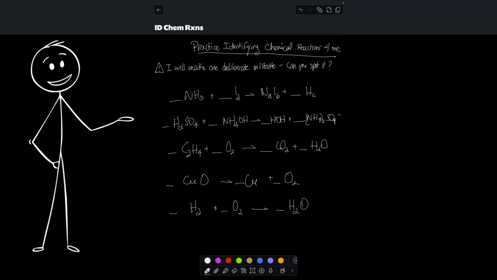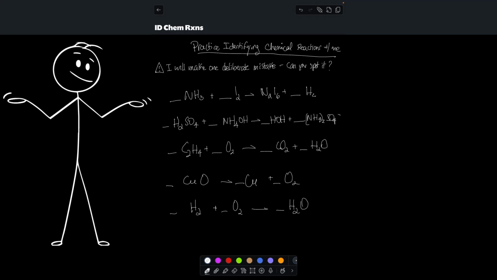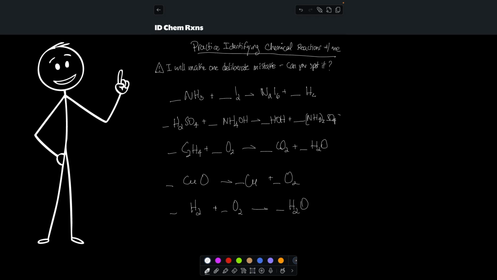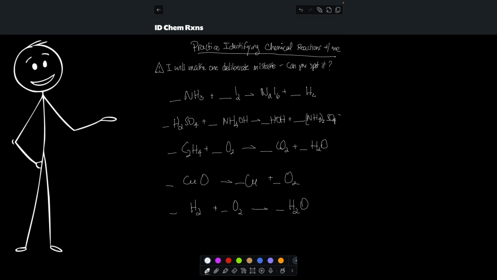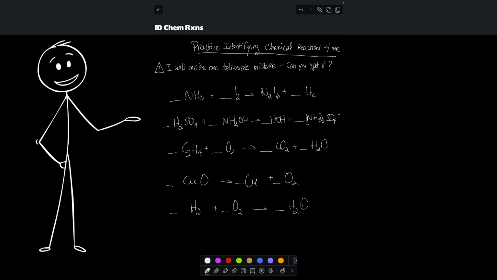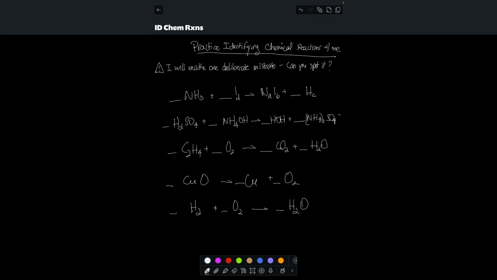Welcome back. Today we're going to practice identifying the different types of chemical reactions, and we're also going to balance them. So I will make one deliberate mistake. Can you spot it? All right, so the first chemical reaction that we have, the equation is NH3 plus I2, that's iodine, gives us